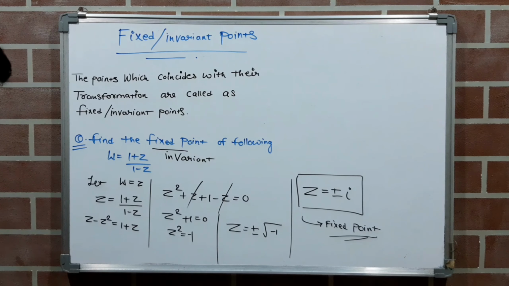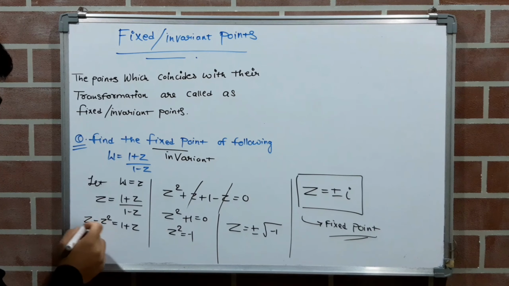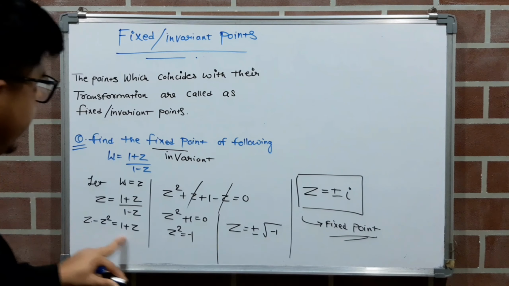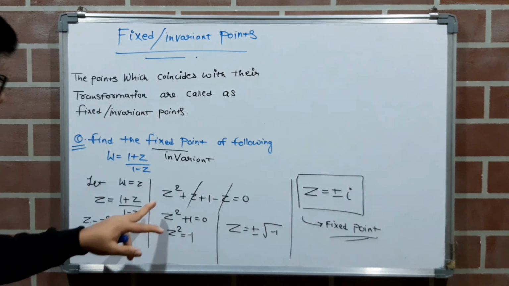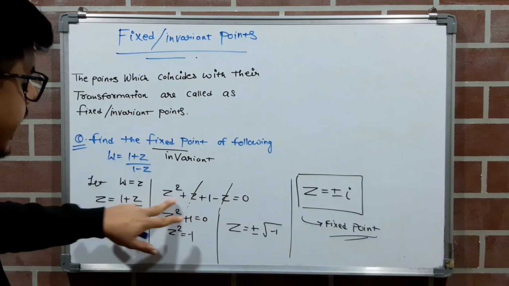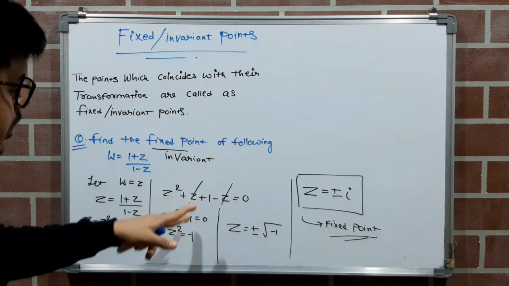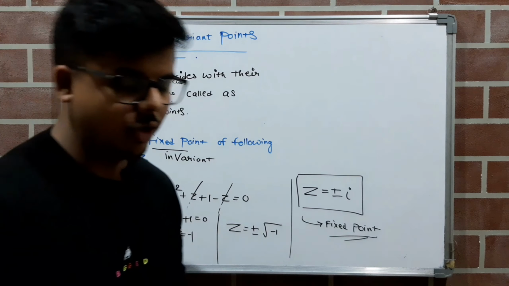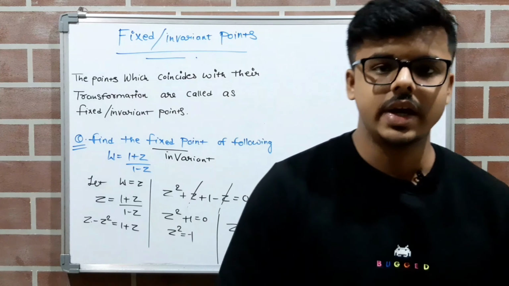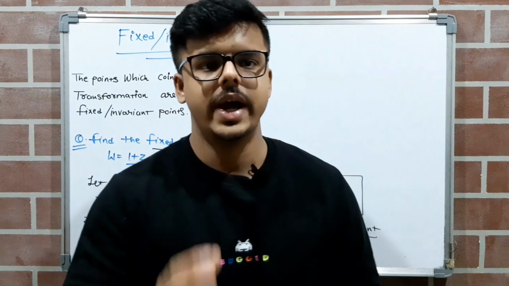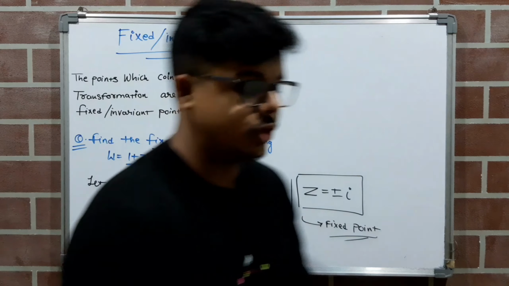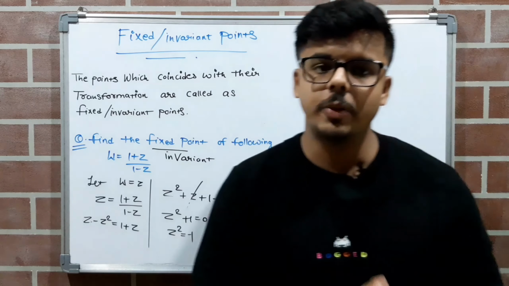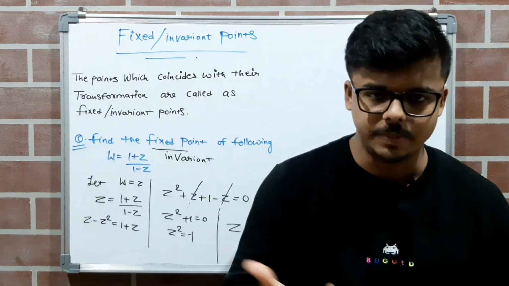And don't cancel like this, because in some questions you will find a quadratic form. If you cancel this thing, then you cannot solve further. So try to bring it into this form and then see whether it is going to cancel or not. If not, then you are getting a quadratic form. In that case you have to find the discriminant, and after that you can get the roots also, and those roots are the fixed points, right? So that's it. This is a small but important and scoring topic.